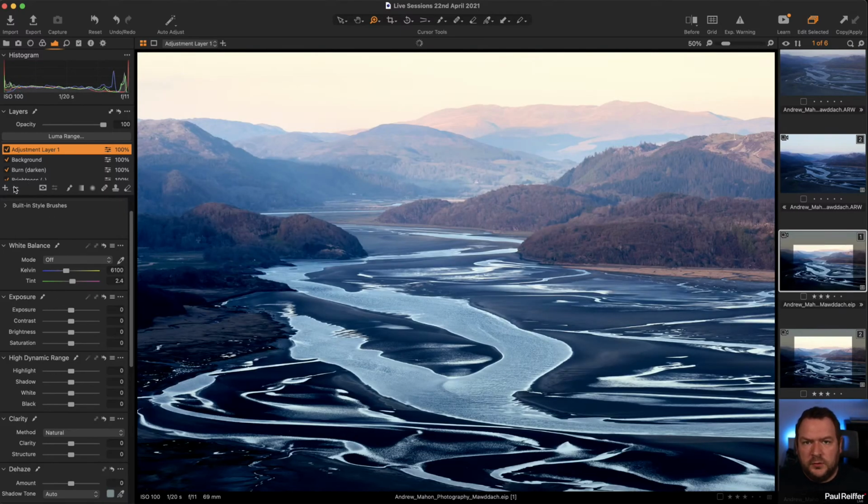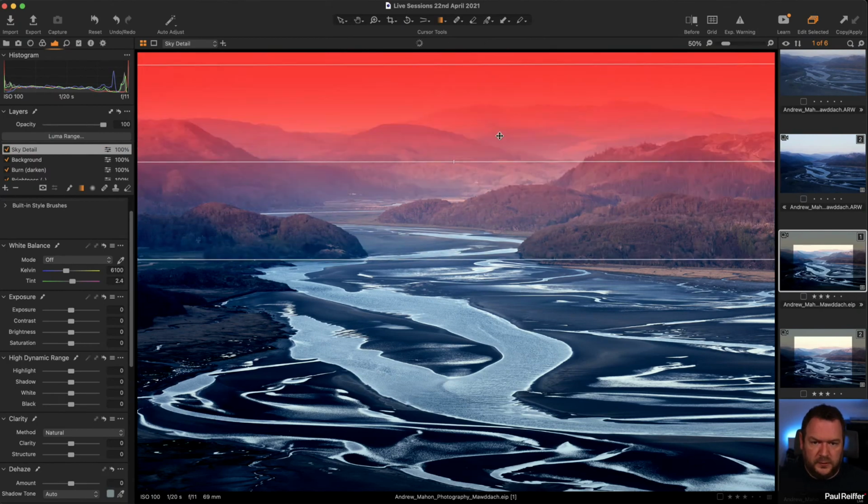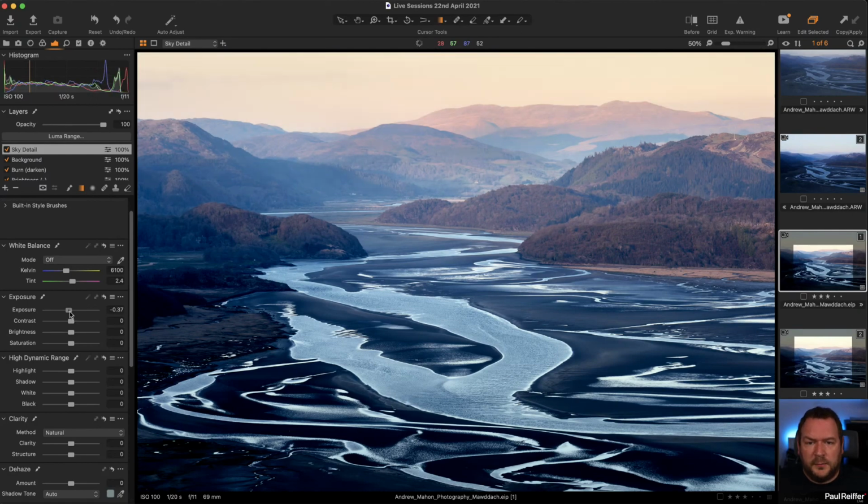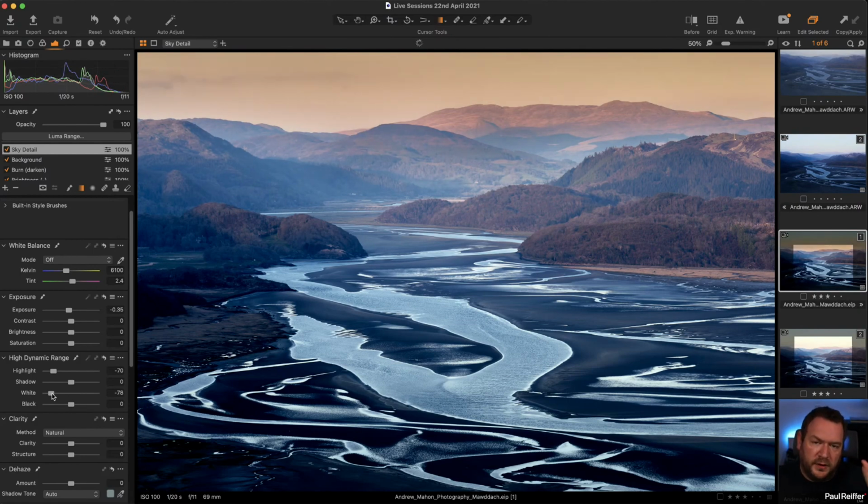So why don't we use that detail? And let's create a new layer. We'll call it Sky Detail. And I'm going to create a new gradient. Again, starting from the top, I can hold down the Shift key, keep it nice and level. So there's my gradient. And with that gradient, I'm going to pull down the exposure. Not just, so if I do it with highlights and with whites, it's only going to affect the top part of my histogram. Some of this stuff isn't in the top part of the histogram, it's in the midtones. So doing it through highlight and whites will help you with the brightest parts of the image, but it's exposure